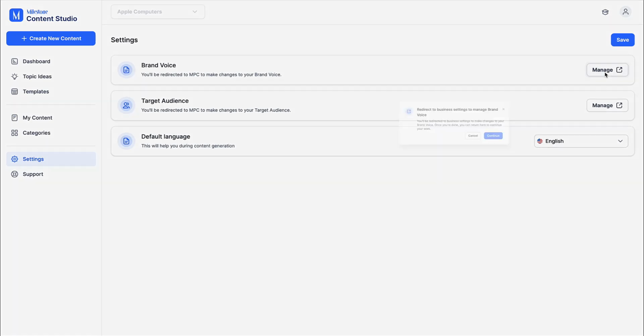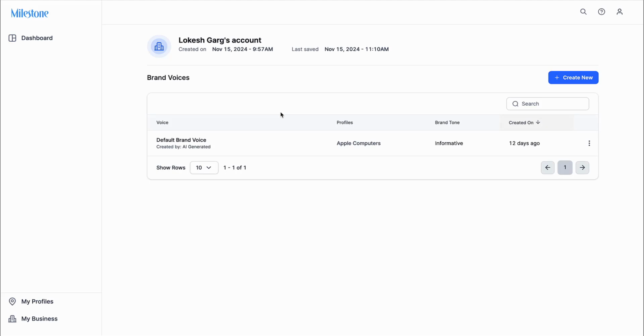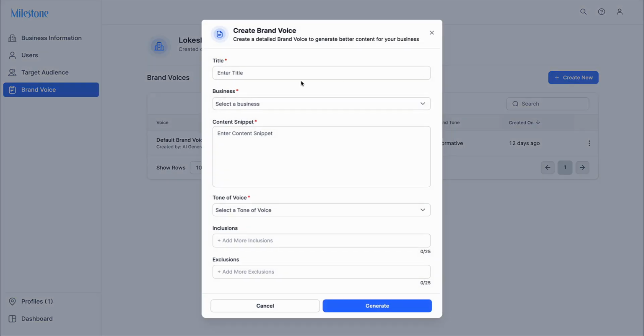When you click on manage, you will be redirected to a single platform where you can manage all your brand voices at a single place. As you can see, there is already one brand voice created here. What we will do is go and create a new brand voice. I can click on create new and I will give it a title that I want. For example, I could give it a unique identifier such as modern computing